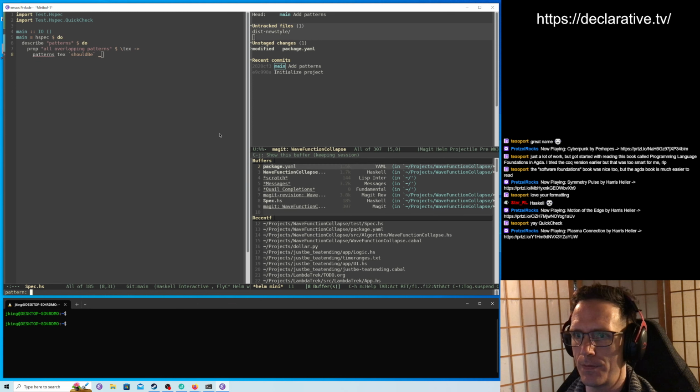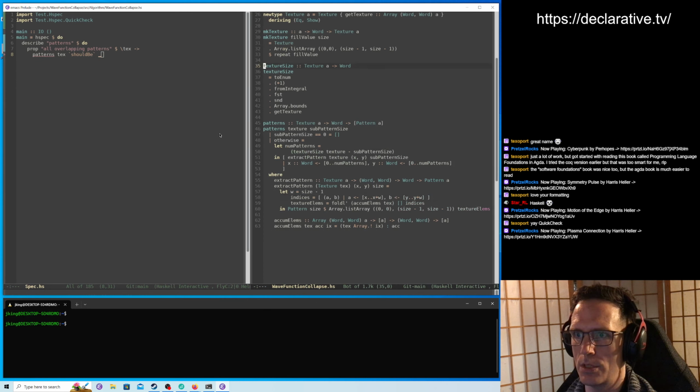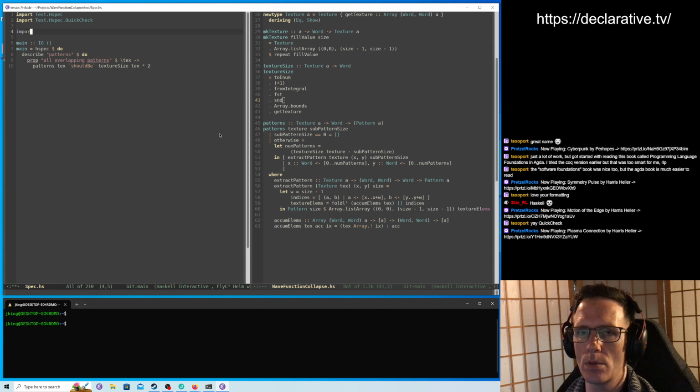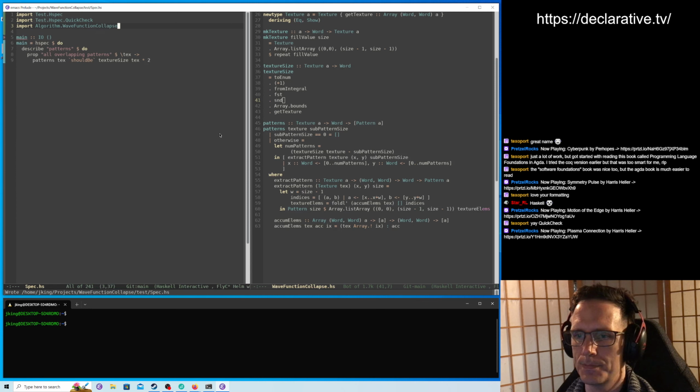I don't know if we have a function already defined to get the texture size. We do. Yeah. So it should be texture equal to texture size tex times 2 squared. So I have to import those, of course. Algorithm.WaveFunctionCollapse. Yeah, let's get the